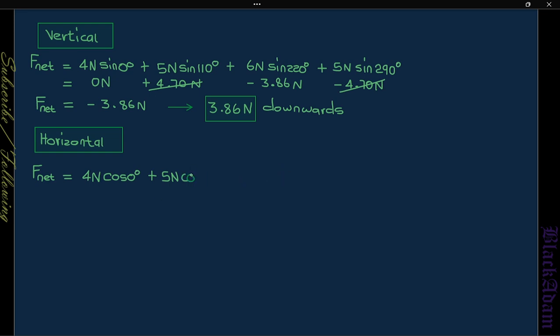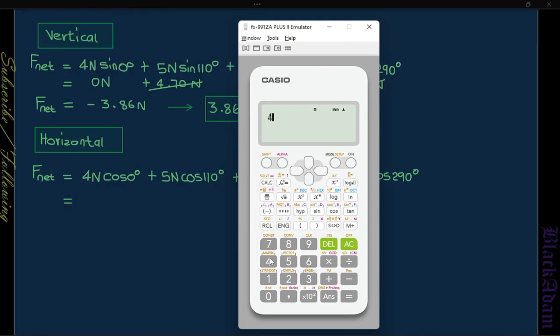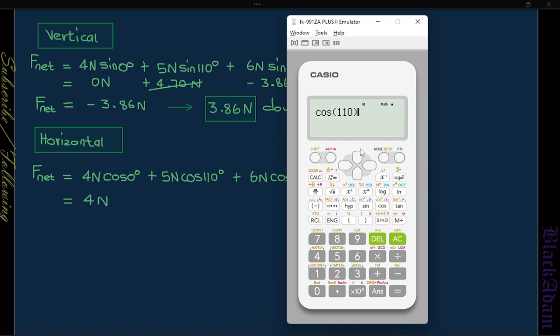So it's going to be 5 Newton cos 110 degrees, and then plus 6 Newton cos 220, and 5 Newton cos 290 degrees. Everything we did on the top, we just changed from sine to cos. Then we use a calculator. 4 times cos 0 is 4, so that's 4 Newton. Then 5 times cos 110 degrees is negative